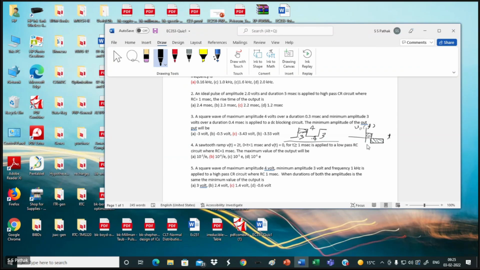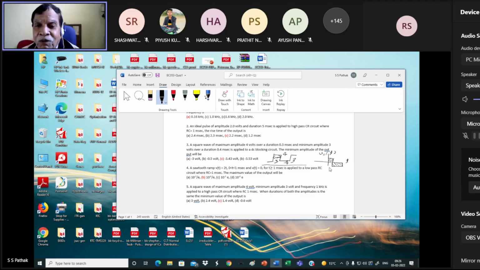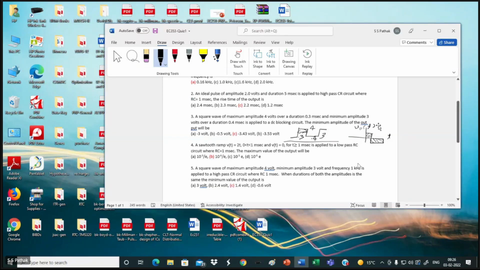Another important characterization for the channel model will be vehicle to vehicle, having the DC blocking circuit. That means DC is totally blocked. Here the DC is blocked. So what is the output now? When the DC is blocked, the output will be something like that.